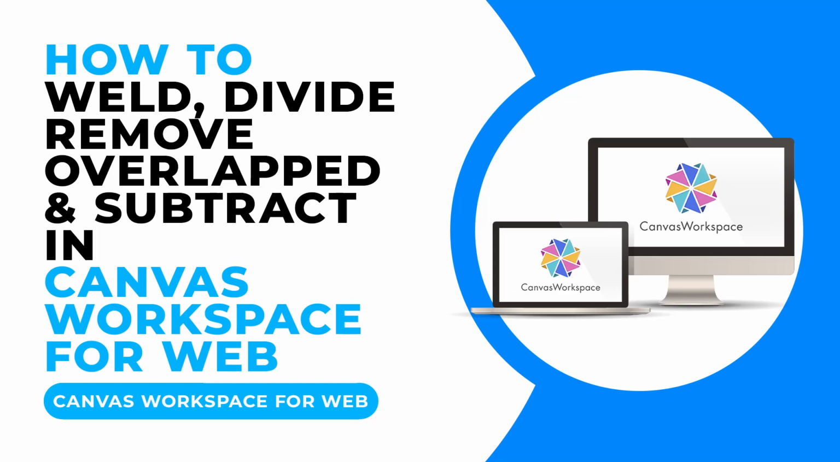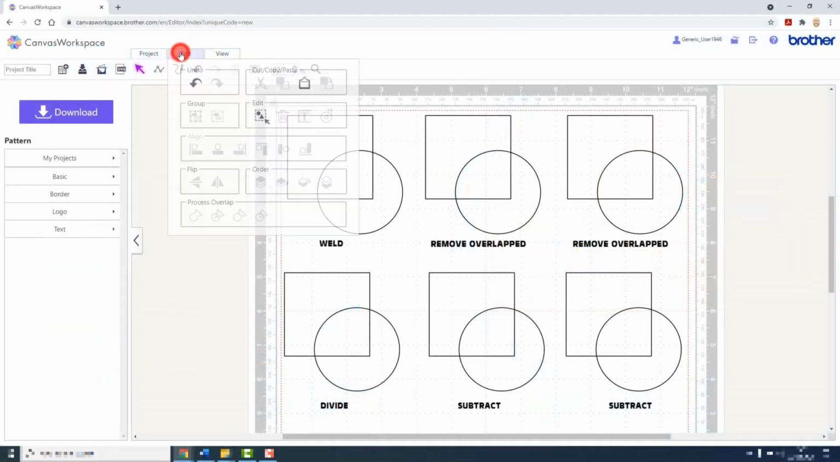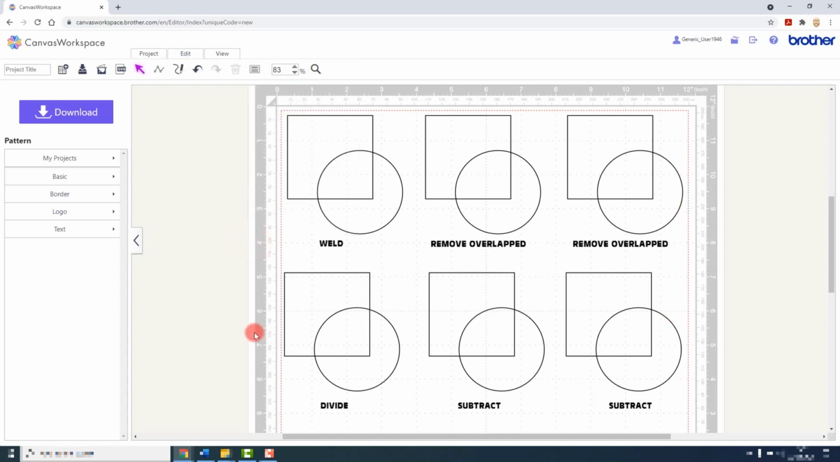Using the process overlap feature, which is accessible through the edit menu, we have 4 ways that we can use one shape to intersect another. We have weld, we have divide, remove overlapped, and subtract. I've set up a group of shapes here to highlight each of those different functions and